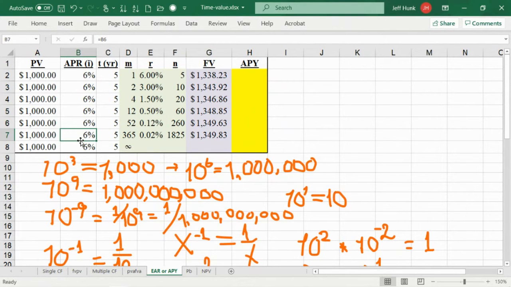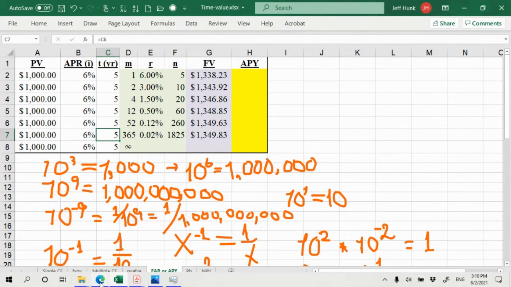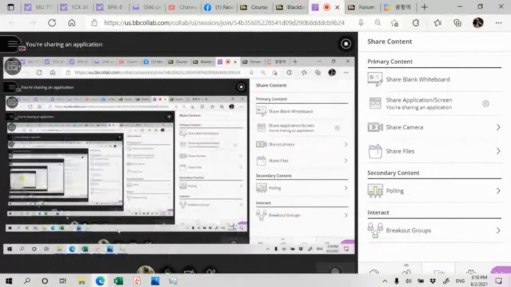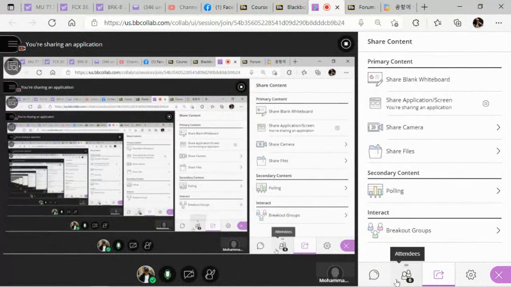So what kind of rate compounded just once a year will get you to this future value 5 years later? Okay, so that is the definition of